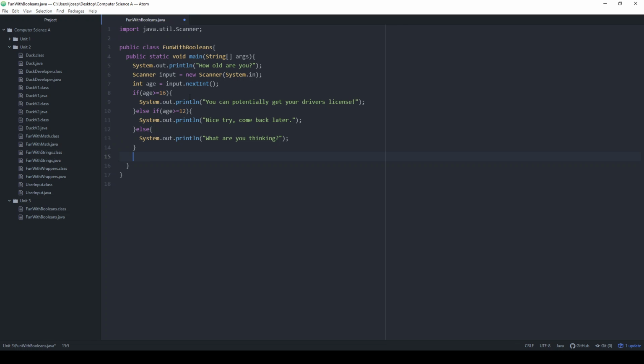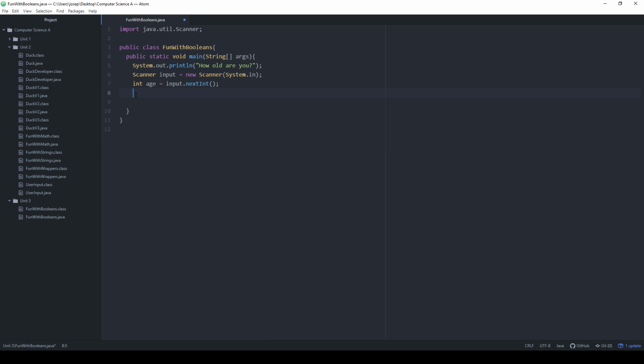Okay? So that's the logic of the if-else statement. There's one other thing that I think is worth noting, just because you'll see it every once in a while, is this. So I still want to test to see if they're old enough to get a driver's license. So my question to you would be, what do you think is going to happen if I say if age is, so let's just stick with the age is greater than or equal to 16, and then